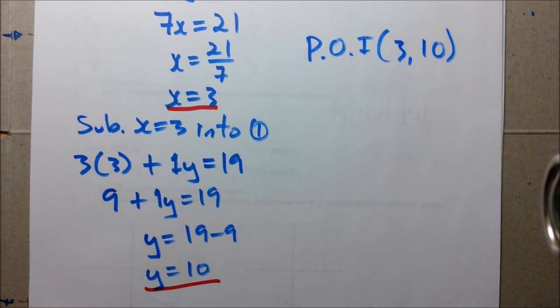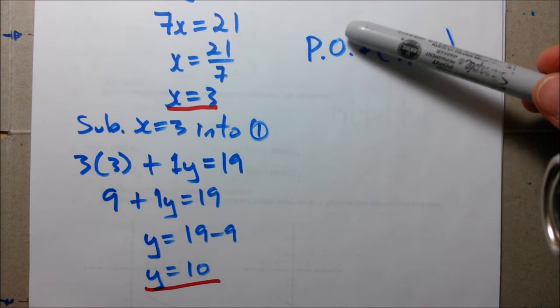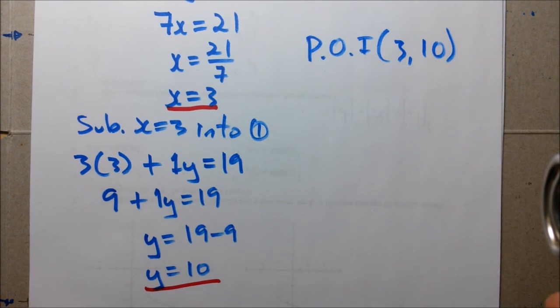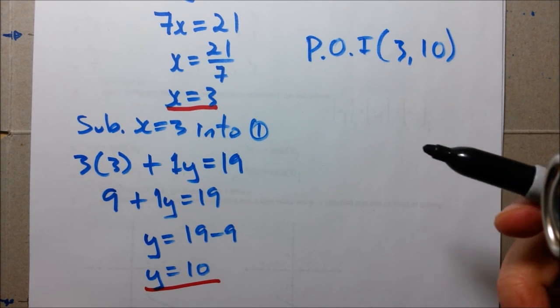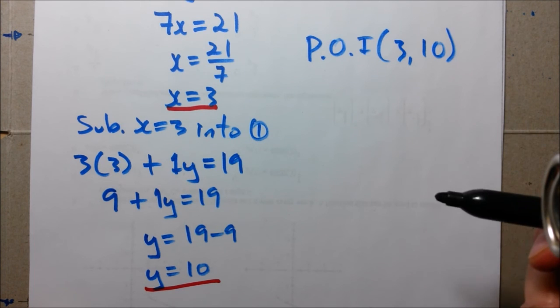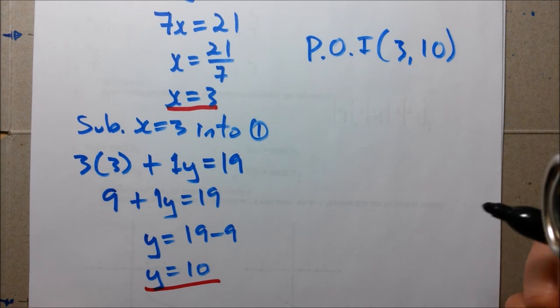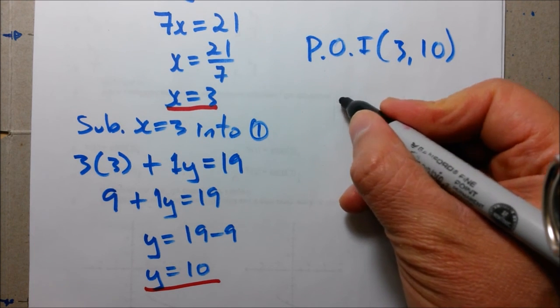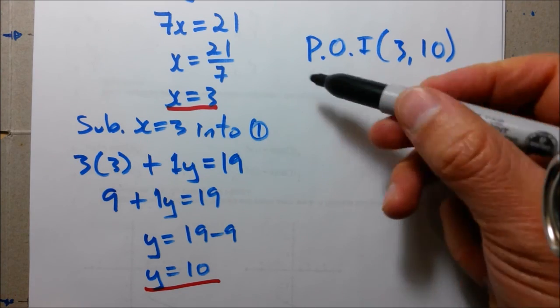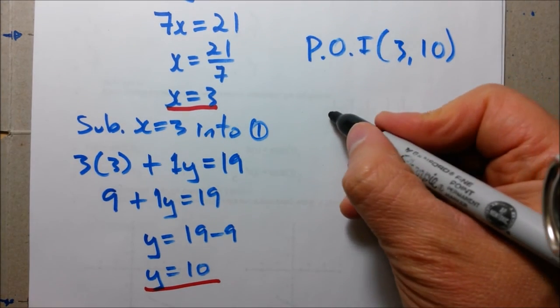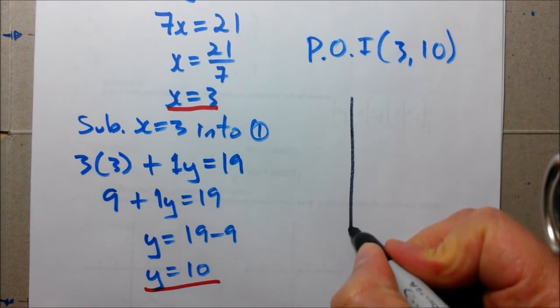Of course, as I said before, you can do this graphically, but if they ask you to do it algebraically, this is the method, using the method of elimination. Now, you can use Desmos, which is a graphing tool, and I'll be providing the link right below, to graph these two equations. Algebraically we found the point of intersection, 3, 10, and if we were to graph these,